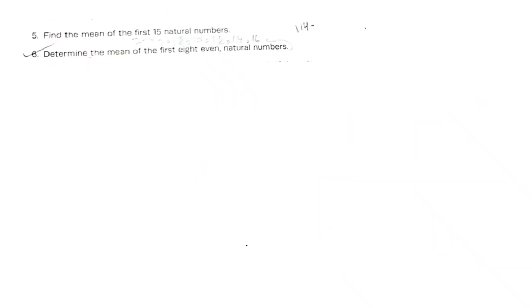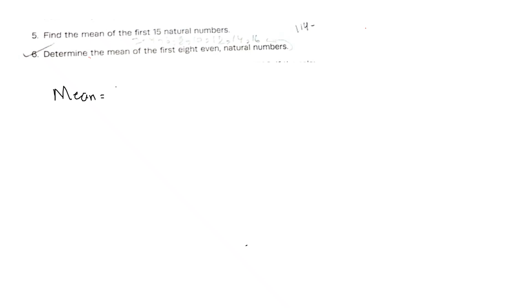Okay, so in question number 5, we are asked to find the mean of the first 50 natural numbers. Now here we must know what natural numbers are. Natural numbers are the numbers that start from 1, right? So we are asked for the first 50 natural numbers. To find the mean, I will